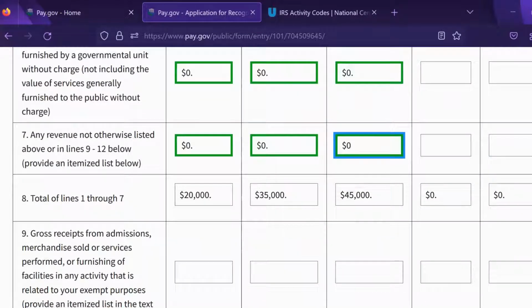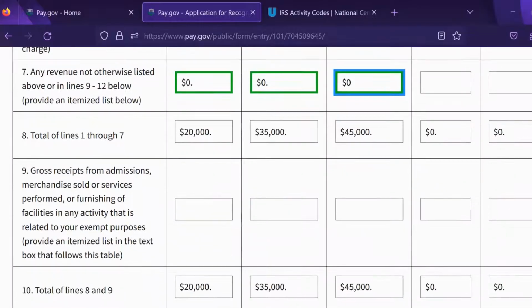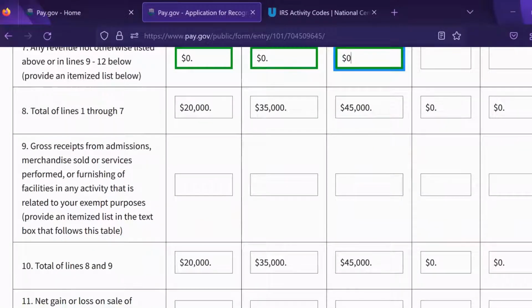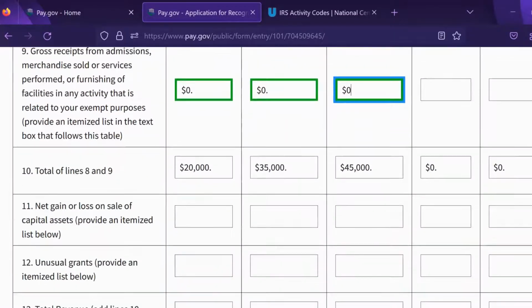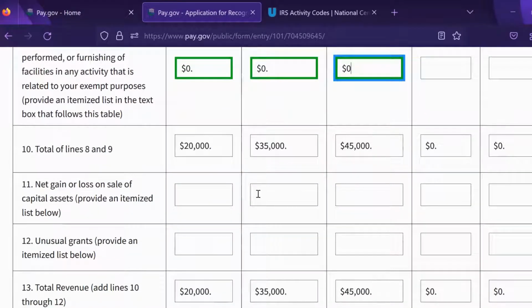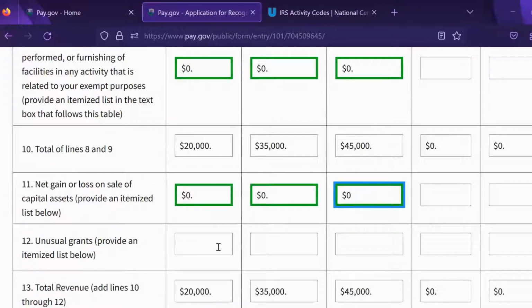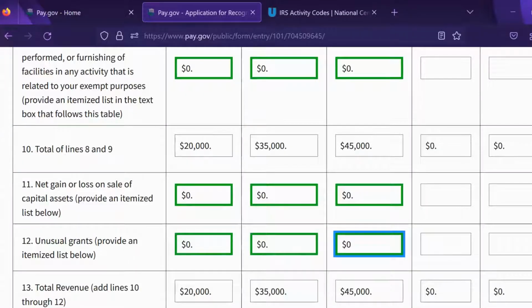So here we have the totals for year 1, 2, and 3. Gross receipts from admission, merchandise sold, or furnishings of facilities. She's not planning on any of that. So again, be truthful when you're answering these questions. If you know that you have some of these things coming in, it's okay to state that here. Okay, net gain or loss on sale of capital asset. Jane does not have any. Unusual grants, Jane does not have any. Total revenue,